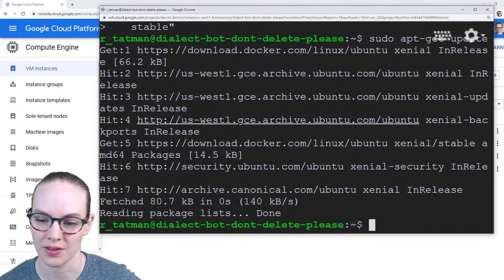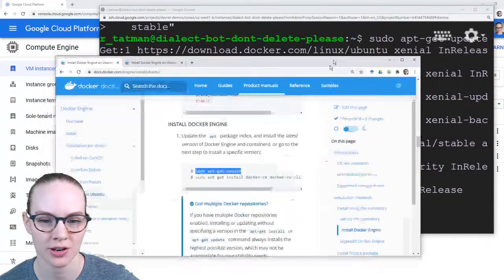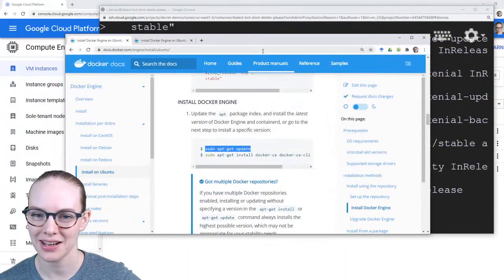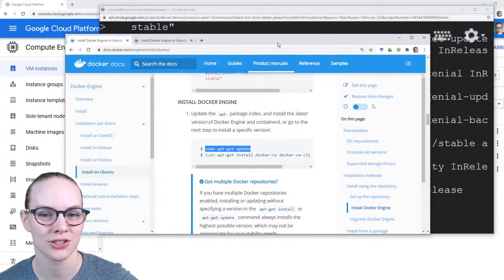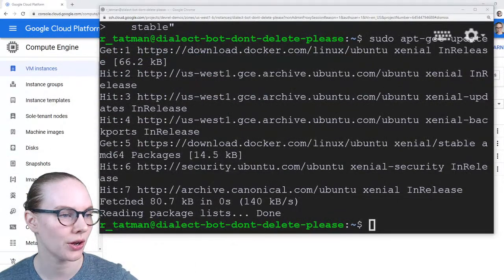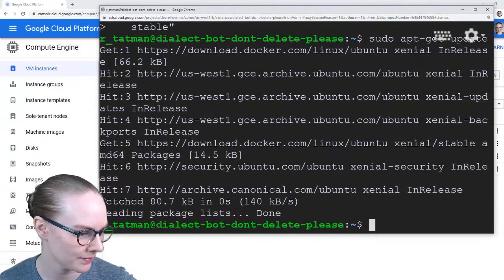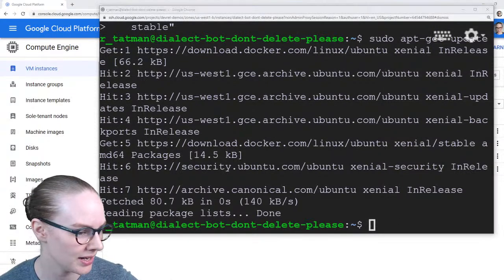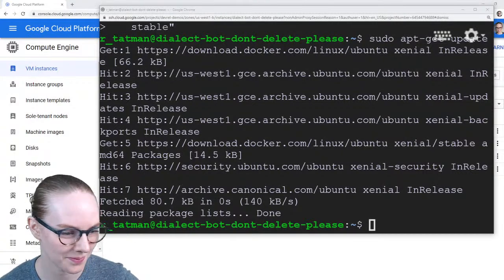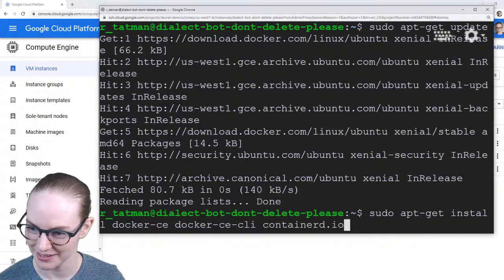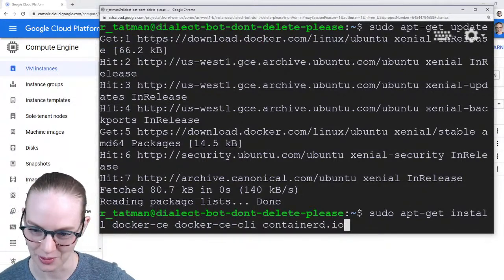And I should say that the commands that I'm using now, for folks that have just joined, are directly from docs.docker.com/engine/install/ubuntu, and we are working on Ubuntu 16.04 for this particular VM. All right, updated, and then we're going to install containerd.io, the last thing that we're installing.